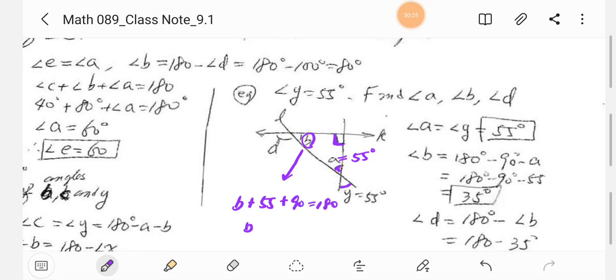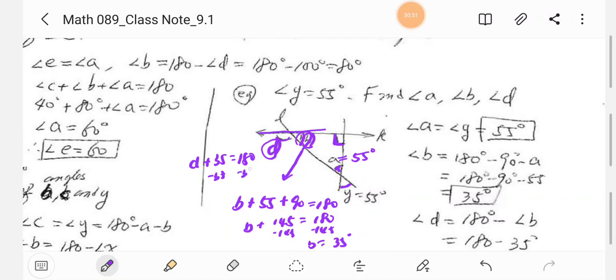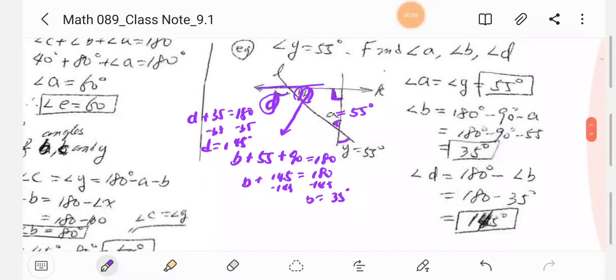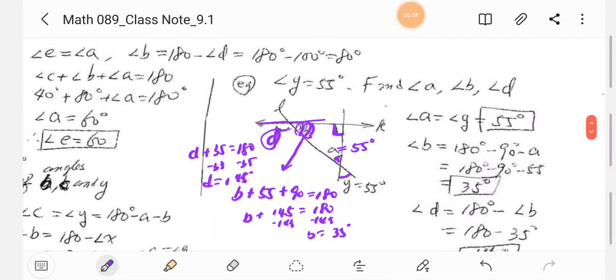180. Then B plus 145 is 180, and minus 145 each side. Then B is equal to 35 degrees, right? So we found B. Then the angle D is, this is a straight line, so the sum of angle D and angle B, which is 35, will be 180. So minus 35 each side, then D will be 145 degrees, right? Okay,